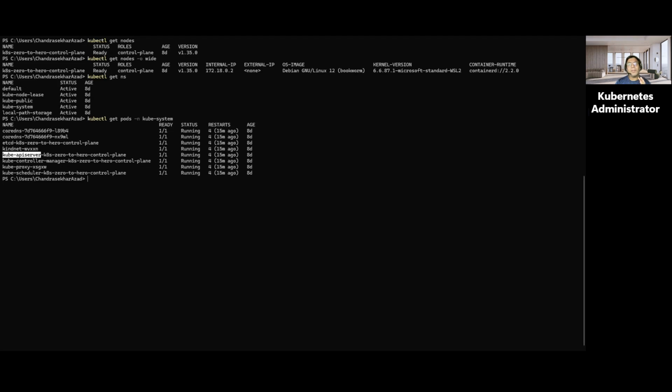This API server is like the receptionist of Kubernetes. For example, if you are going to any office, you are not going to meet the CEO directly, are you? You are going to talk to the receptionist first, and the receptionist will route you to the right direction if you have proper approvals. Similarly, if you think about going to some hospital, if you are a patient or